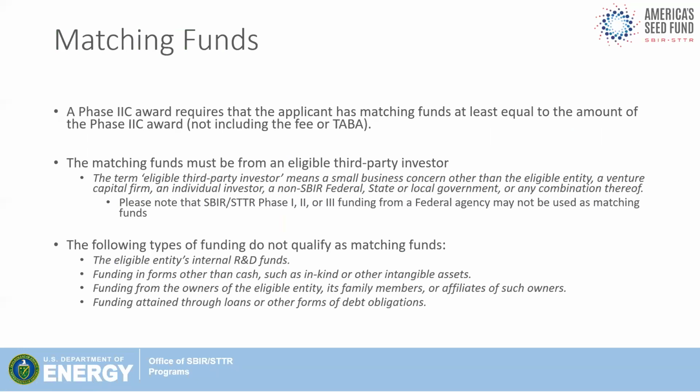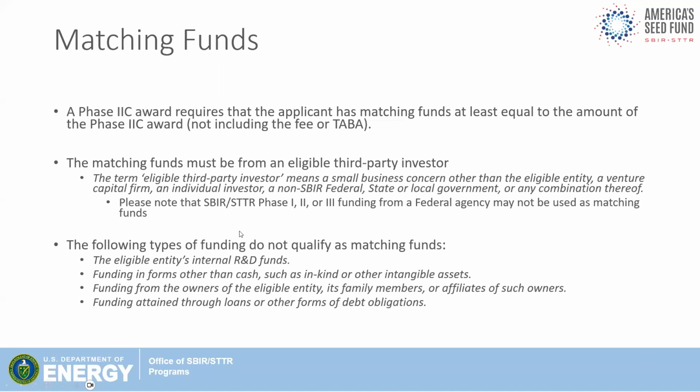So the major difference with phase 2C is you're applying for more R&D funds. I want you to keep in mind that the SBIR and STTR programs fund research and development. We don't fund commercialization other than the technical and business assistance that we provide. And so the purpose of the matching funds is for you to work with an investor who is going to fund some of that commercialization work that we are not funding. And so you have a lot more latitude with the money that you get from your third-party investor than you do from DOE. For our money, you're always going to be doing research and development.